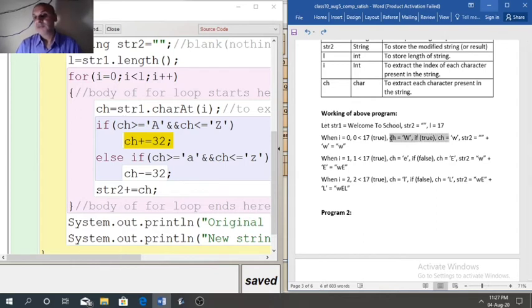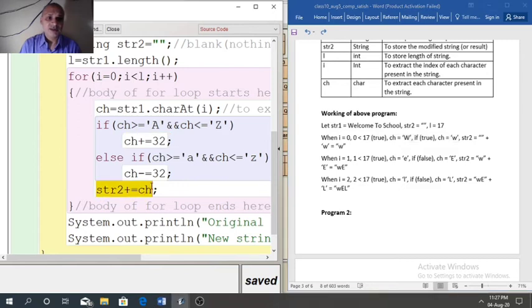When if's body will run, then ch will store corresponding lowercase letter, that is small w. After that, else part will not run, then it will go to the statement where we need to add ch in the final result. So str2 equal to str2 plus ch, that is the statement.